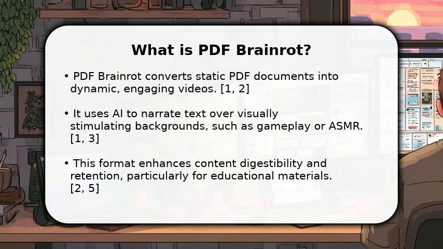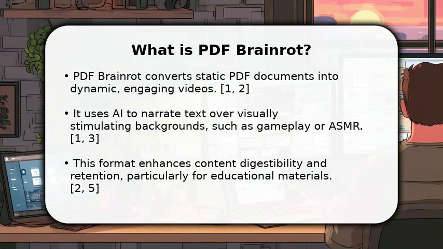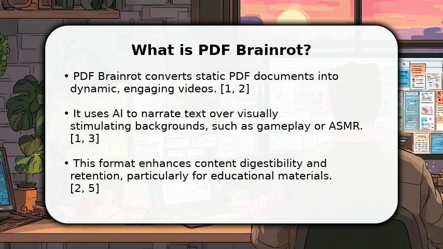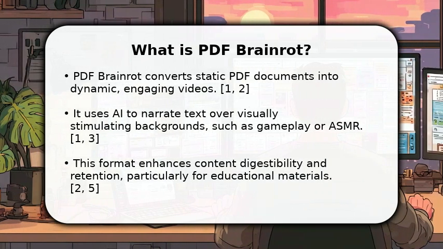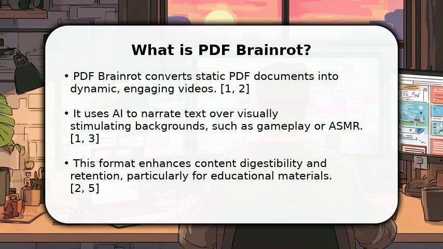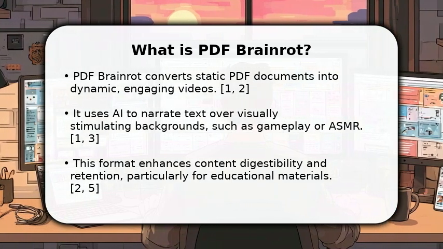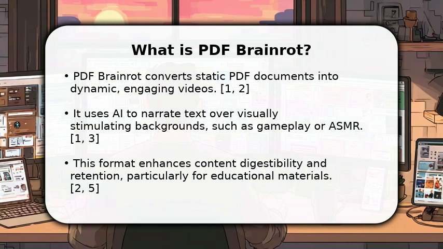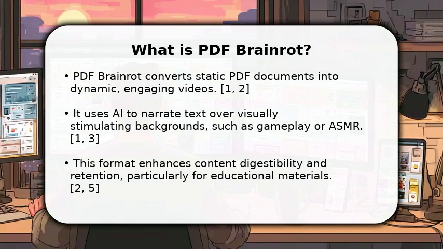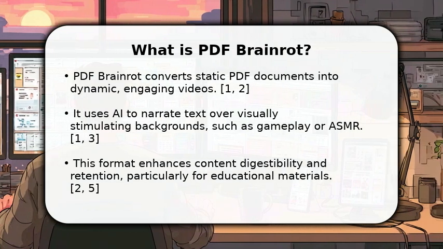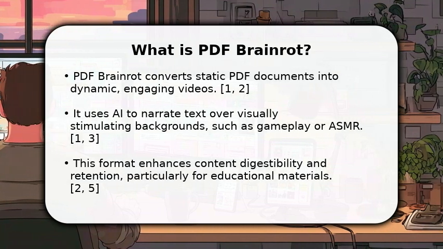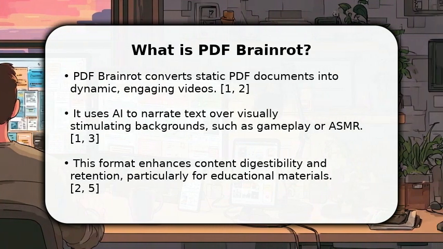Enjoy the video. In this video, I will explain how to use PDF Brainrot. PDF Brainrot is an innovative AI-powered tool that transforms your static PDF documents into dynamic, engaging videos. It works by taking the text from your PDF and narrating it with an automated voice, while simultaneously displaying visually stimulating backgrounds, often popular gameplay footage like Subway Surfers or Minecraft Parkour, or even calming ASMR clips. This unique combination is designed to make information more digestible and entertaining, significantly boosting engagement and retention, especially for students